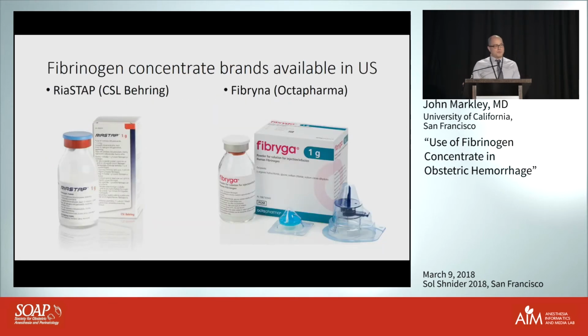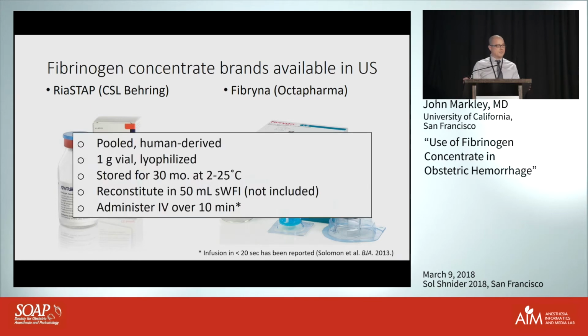So these are the two fibrinogens that are available in the United States. RiaSTAP is the one that's out and it's marketed. Fibryga is approved but is going through the marketing part, so I'd be surprised if anyone here has used it. If anyone's used it, it's probably just RiaSTAP. These products end up being pretty similar. Both are pooled human-derived. You get about 1 gram. There's a range. It's not exactly 1 gram, but you get about 1 gram of fibrinogen concentrate. It comes